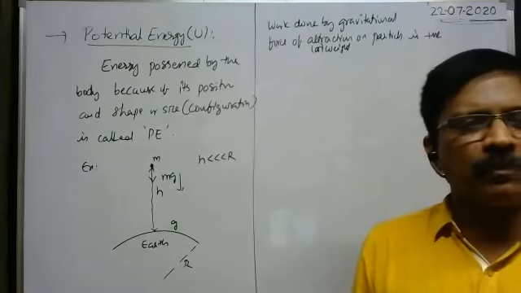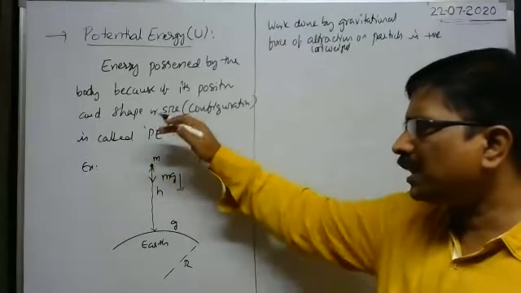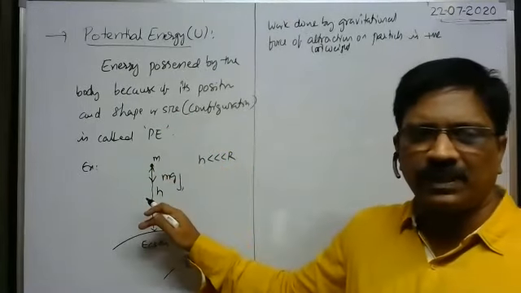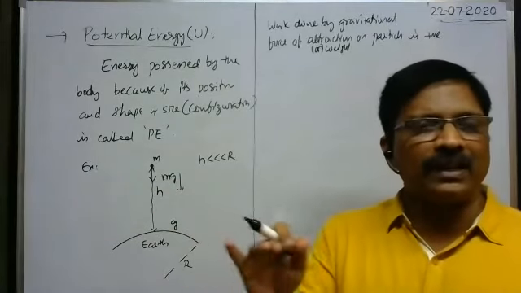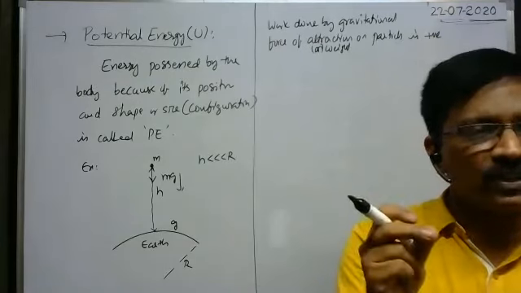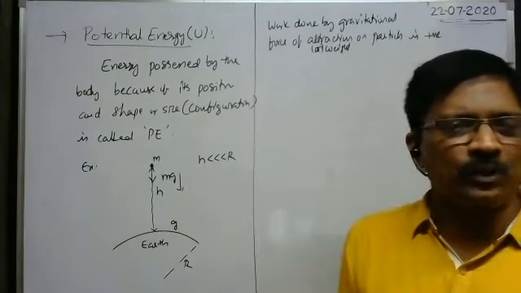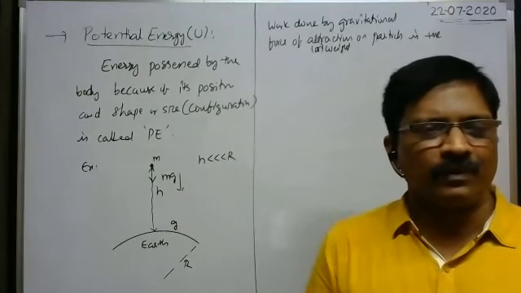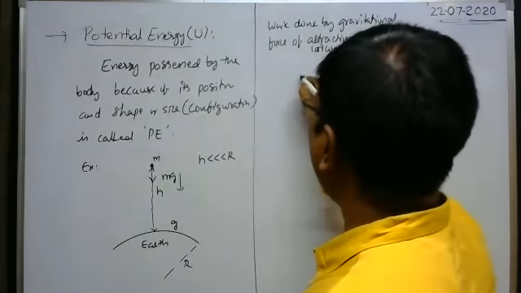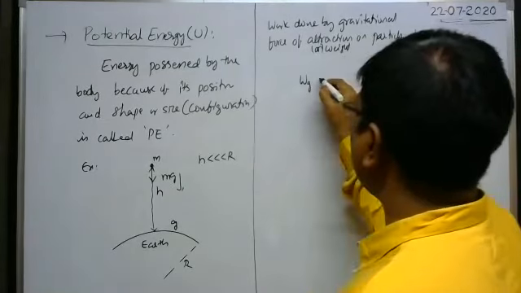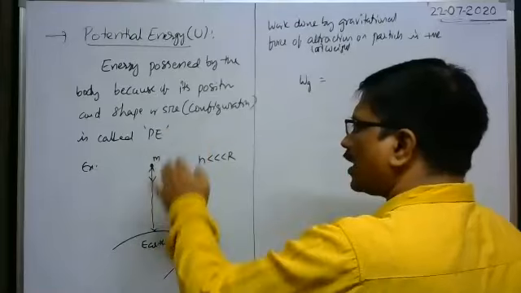Whenever the work done by the gravitational force on the particle is positive, that represents the particle coming towards the surface of the earth. Due to that, the height of the particle from the surface of the earth decreases. When height decreases, position decreases. When position decreases, we can say the energy of the particle due to gravitational force of attraction decreases. That's why the work done by gravity, that means WG, is equal to...